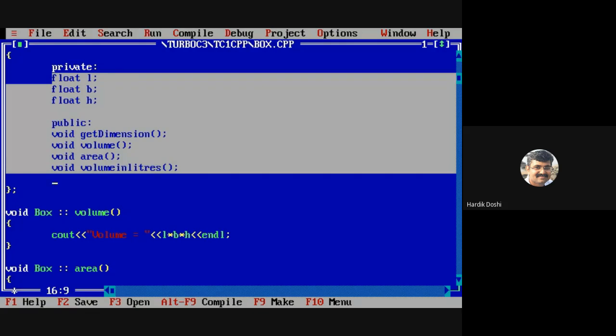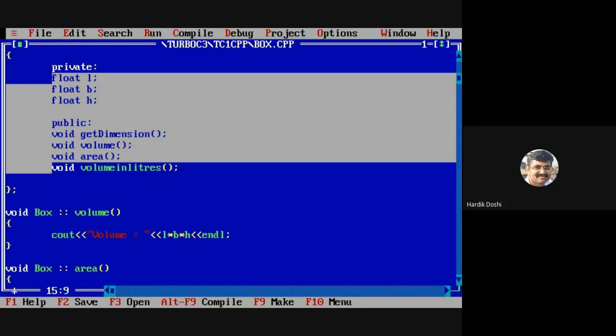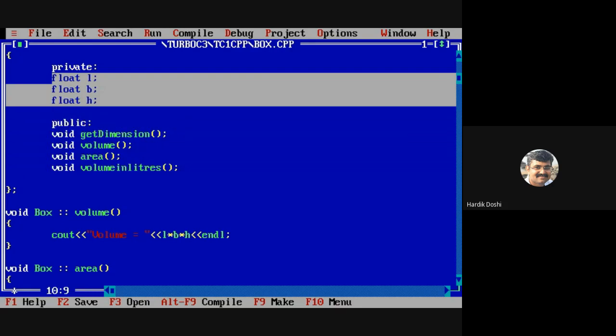But the functions which are there, you need to exclude in the calculation of the memory allocation. If I exclude the functions, what is left? Attributes, variables.